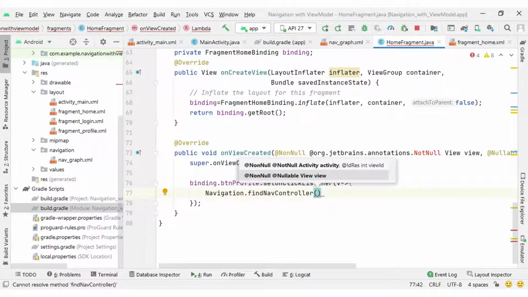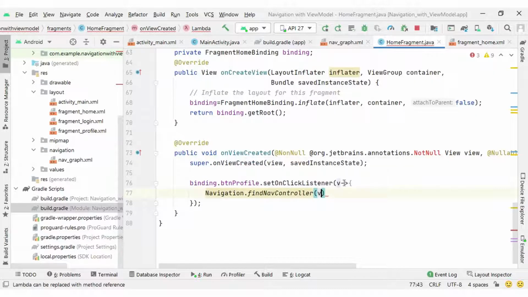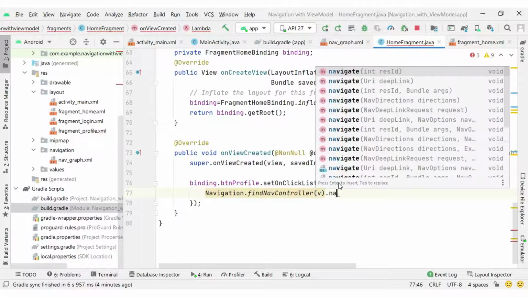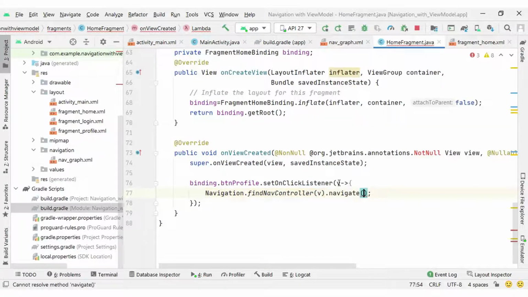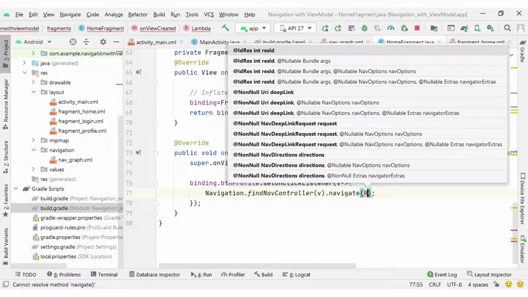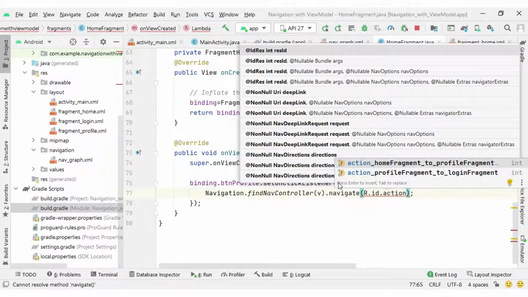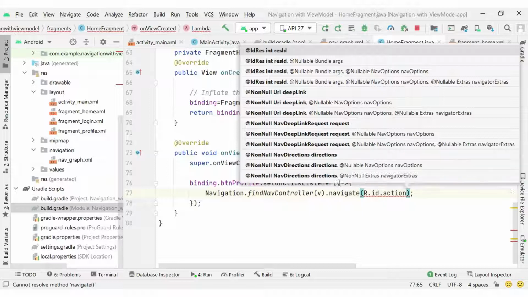Inside the NavController, we need to pass the activity or the view. Here I am going to pass v, that is our view button, and .navigate. Inside the navigate we can pass the id of our action, so that is R.id.action